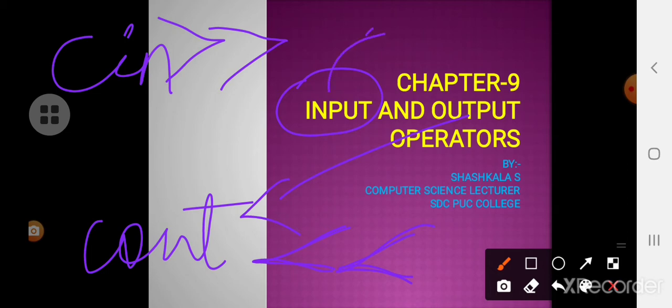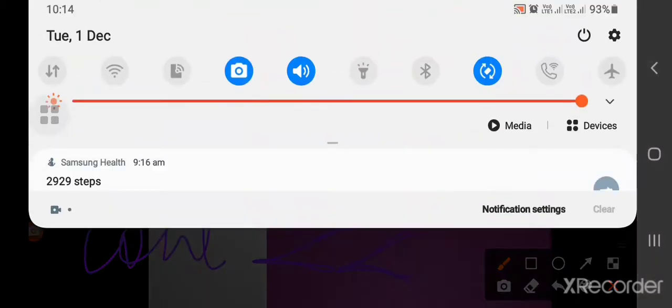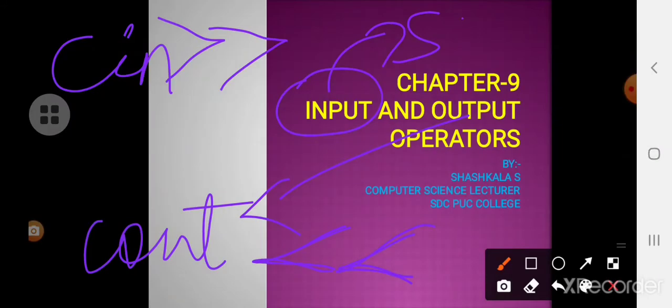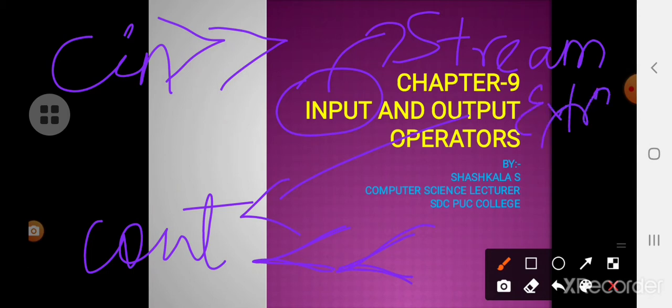The input operator is called stream extraction, so it will be asked for 1 mark. The output operator is stream insertion.